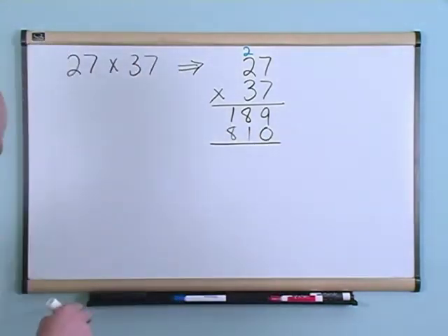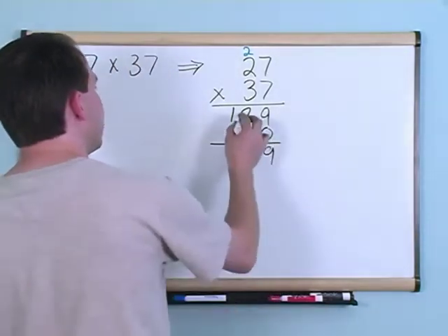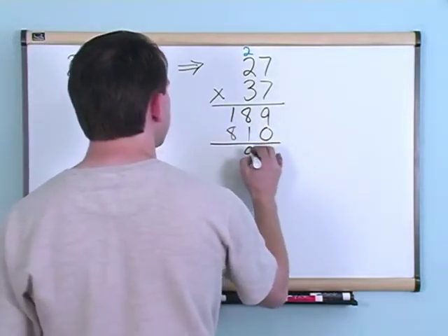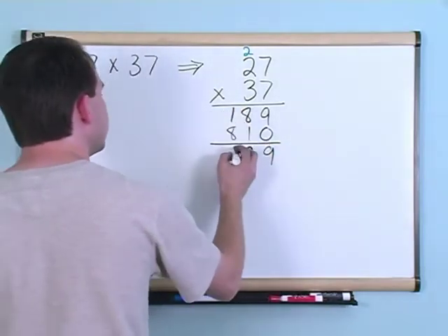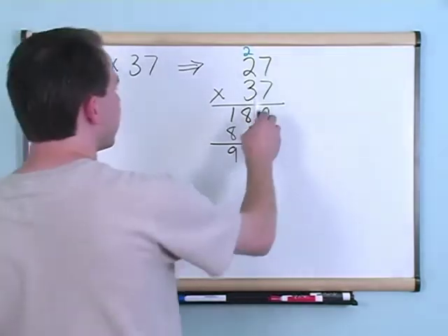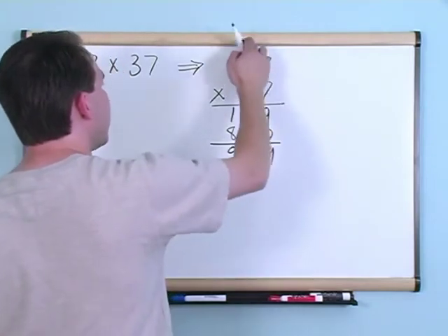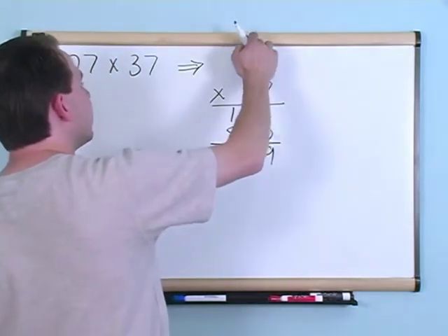Now you have these two numbers, you got to add them up. 9 plus 0 gives you 9. 8 plus 1 gives you 9, and 1 plus 8 gives you 9. So the answer is 999, and you do it exactly the same as you've done the other problems. Start with the right, multiply like this, write down what you're going to do, and then whenever you have to carry, you do 7 times 2, for instance, was 14,